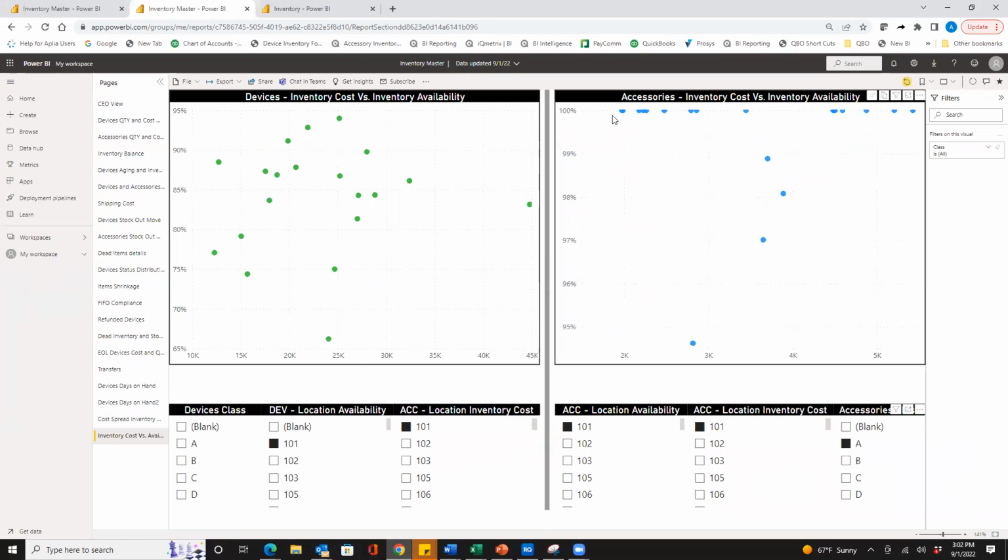here you'll see that this particular location, all class A items, as you should expect, are all at 100% availability rate. So the beauty of this right here, this particular point, $2,000 worth of inventory with 100% availability rate. And that's really what you would like to see. Whereas in this particular example, you got $5,000 worth of inventory with the same availability rate. So having this ability to plot your points is what I meant by